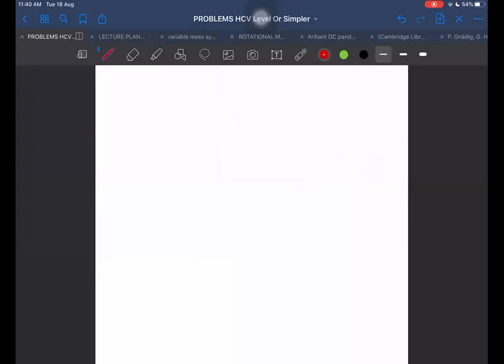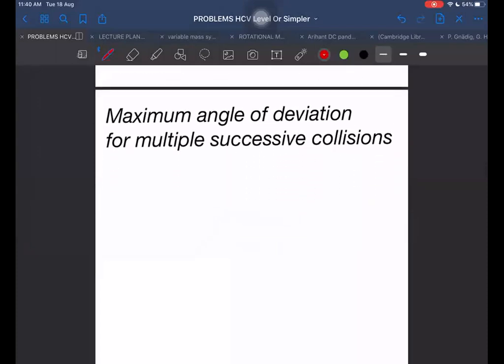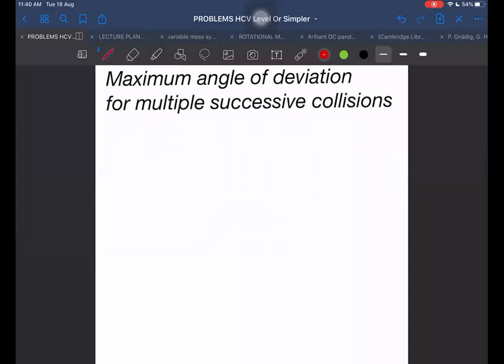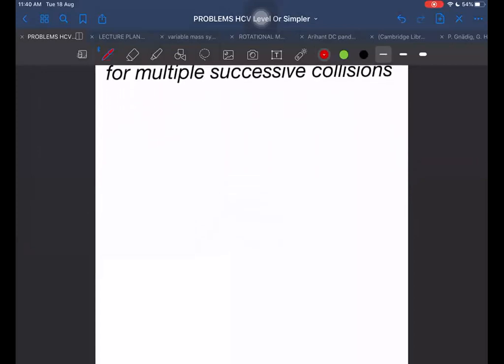Okay, good. So, the maximum angle of deviation for multiple successive collisions. It means simple, I think you can tell now what will be the maximum possible angle of deviation. It will simply be sine inverse of, I told you, the maximum for first, maximum for second, maximum for third, right? And that way we can get the total maximum possible angle of deviation. Is it possible to achieve the situation that it is going straight, colliding with certain particles and again coming straight? That is also possible in some cases, right?